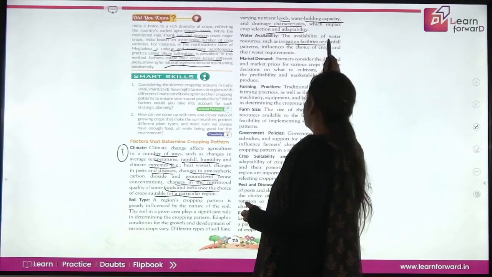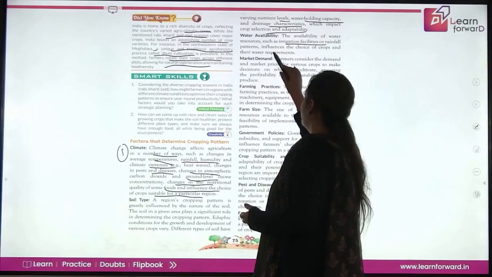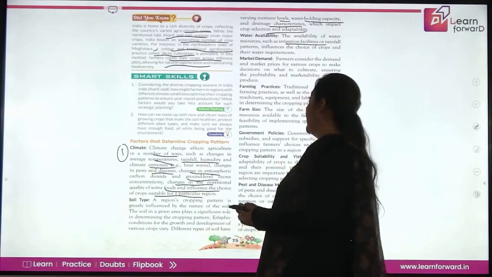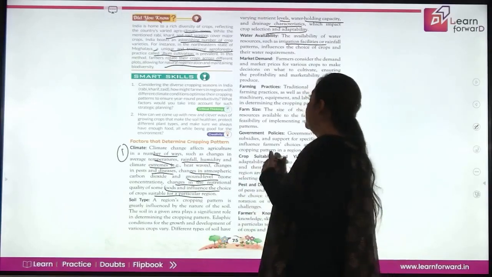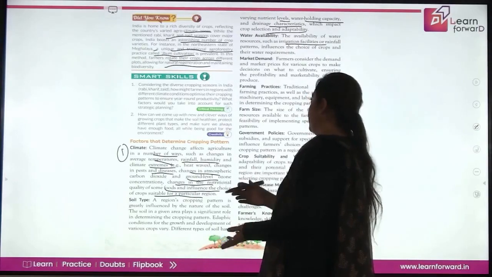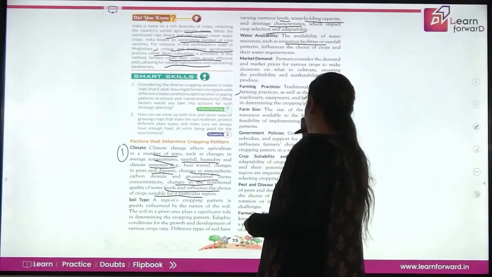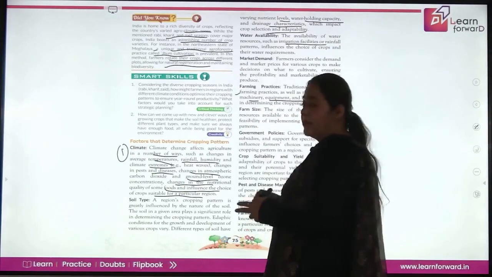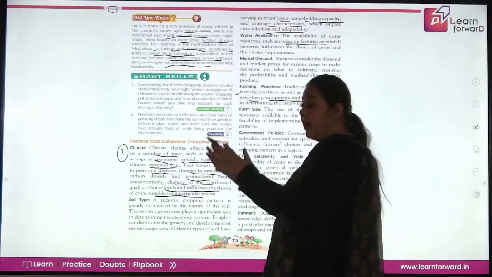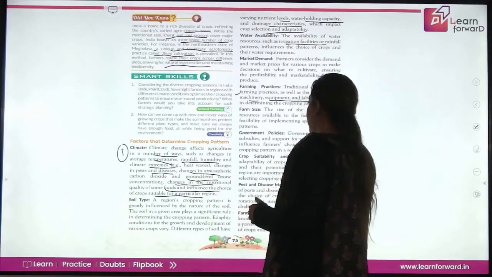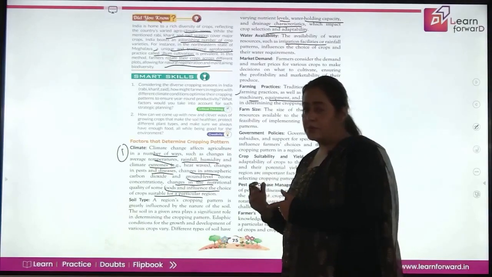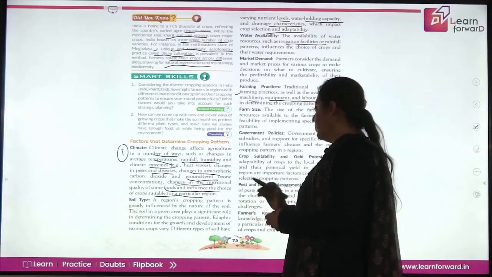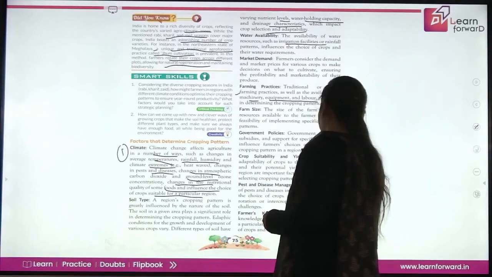Irrigation facility जितनी अच्छी होगी उतना अच्छा आपका crop होगा, and it may vary from crop to crop. Then is your market depends on the farmers, they consider the market demand and then they grow the crop accordingly for better profit. Then are the farming practices, जो आप practice करते हो, जो मशीनरी आप यूज करते हो, इक्विपमेंट यूज करते हो, लेबर यूज करते हो, वो भी आपके क्रॉपिंग पैटर्न को डिटरमिन करता है। फिर फार्म साइज, कितना बड़ा फार्म है आपका, वो भी आपको हेल्प करता है। फिर गवर्नमेंट की पॉलिसीज, क्योंकि गवर्नमेंट बहुत सारे ग्रांट्स देती है फार्मर्स को बेटर प्रोडक्टिविटी के लिए, वो बहुत मैटर करता है।